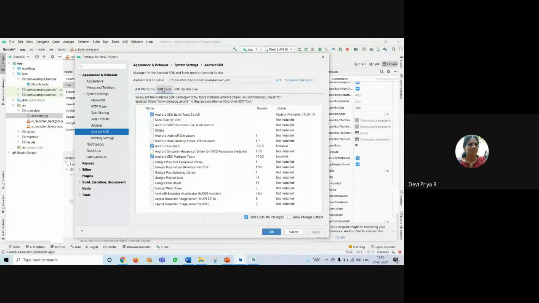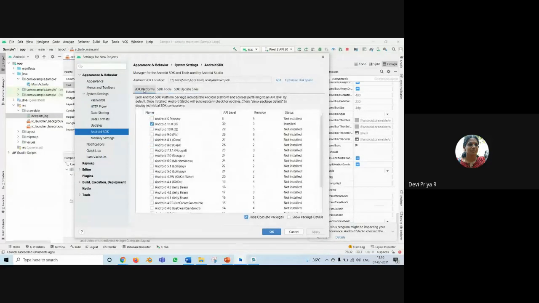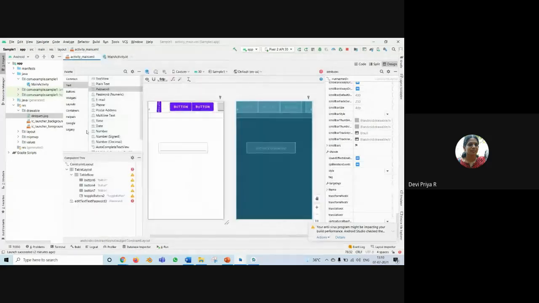And here you can have the SDK tools. Okay, and suppose if something is going wrong, you can go and check this thing. Check whether this Android emulator is checked. That option has to be chosen. And these are the other things. So here, if I have installed this thing, that will be shown as installed, and otherwise no problem. And I think that's all.